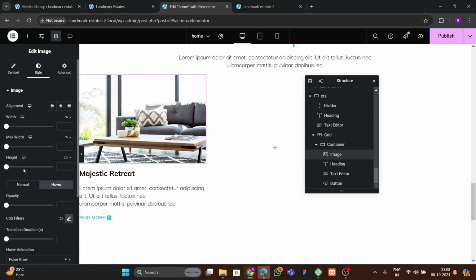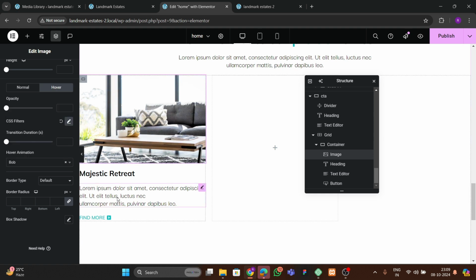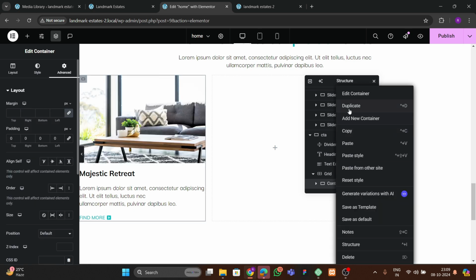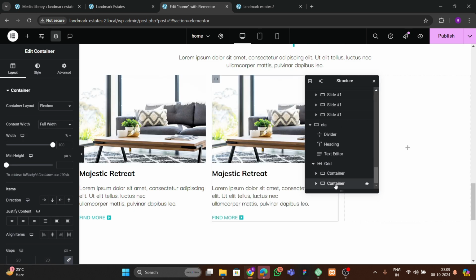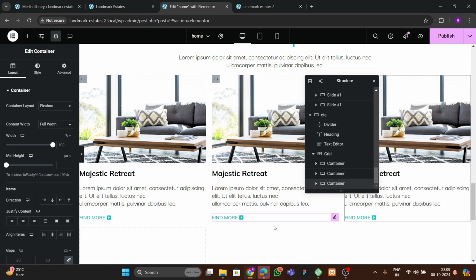So there are so many animations you can play with. But for now I'm going to use the bob animation like this. Then after that we can go to this, and we have to just duplicate this container from here. Let's duplicate this again, and after that what we can do,